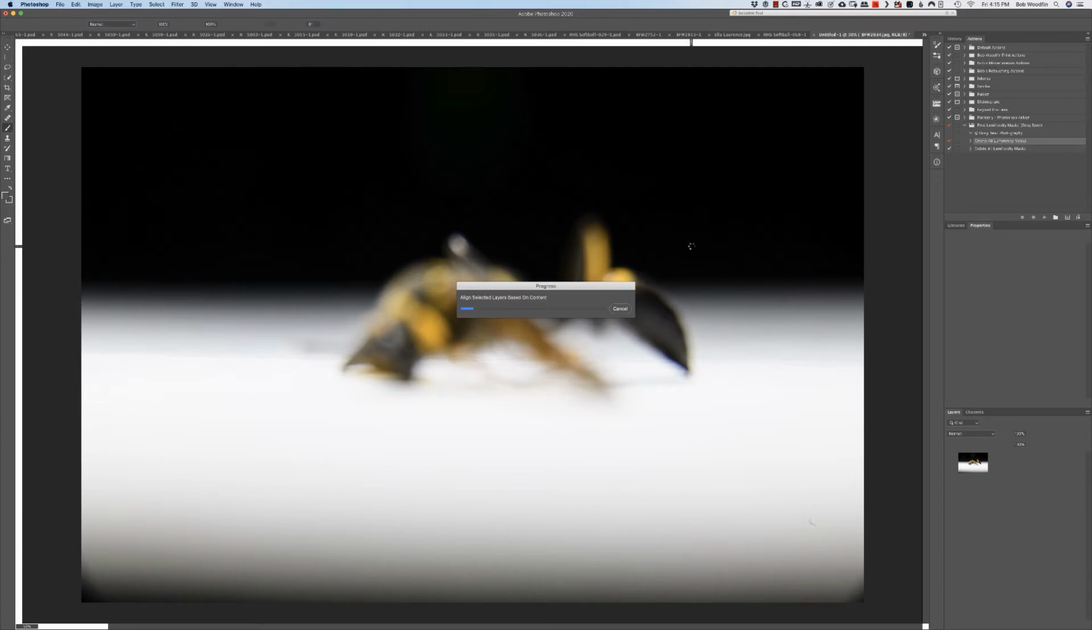So the idea of this is that in an instance where you want to shoot something with a very narrow plane of focus, then you can shoot multiple images to bring all of those stacks together to create one great in focus image. This is very popular in macro, where you're shooting things like this yellow jacket or small images,